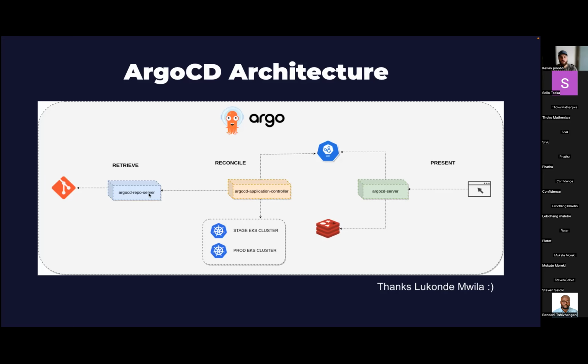So the repo server is continuously watching Git. If the repo gets a new commit, basically the key in this Redis server is the commit hash. So every time it sees a new commit hash inside Git, it will invalidate Redis, regenerate the manifests and store them there. That's why ArgoCD is actually stateless.